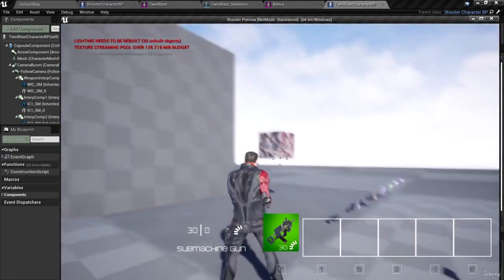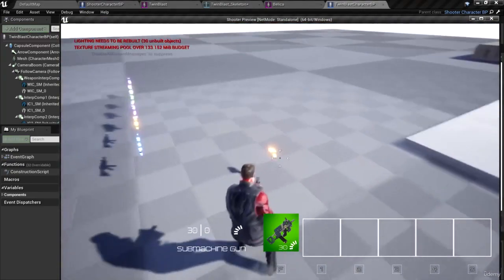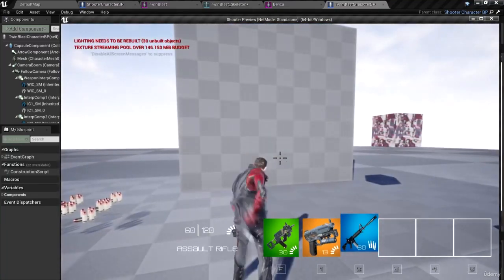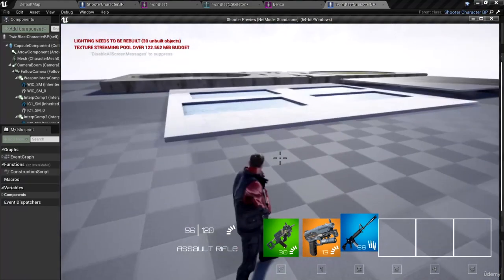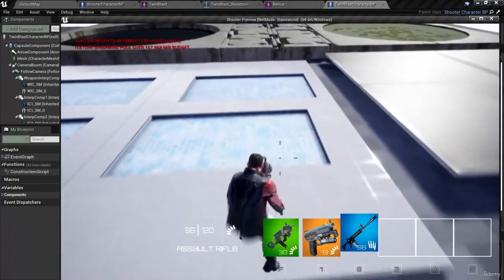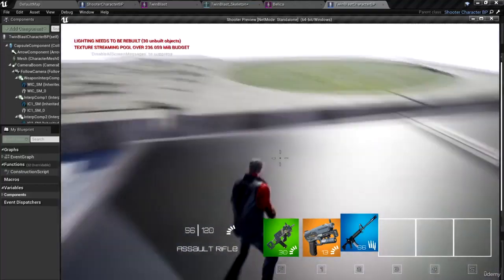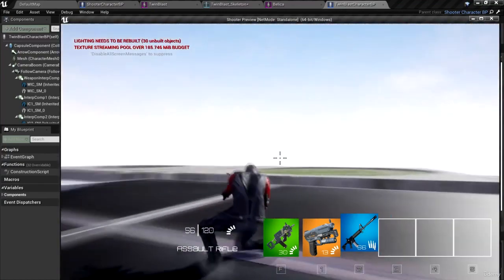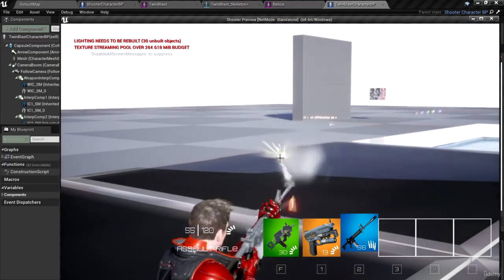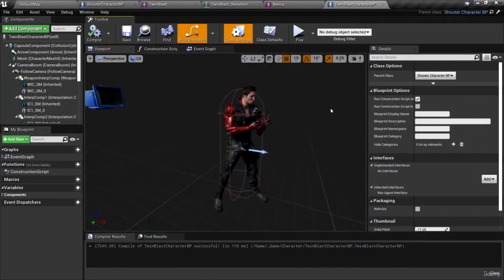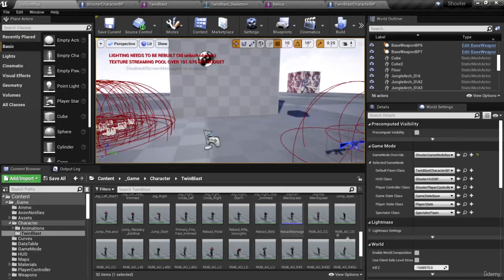And now we see that we get our HUD, we get our crosshairs, we can pick up some weapons, we can swap them, fire them, we can walk and run. We're getting our particle systems spawned for each of the different treading surfaces. And things are looking great. We can crouch, we can turn in place, aim, shoot, walk. All the mechanics are working, so we've successfully retargeted our animation blueprint and all those animation assets over to the